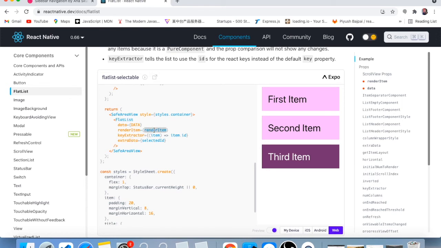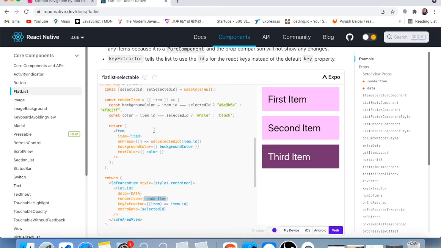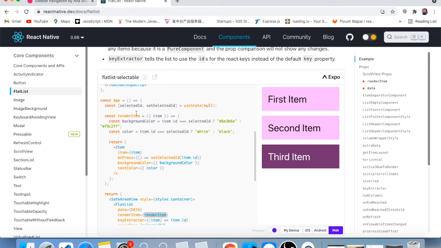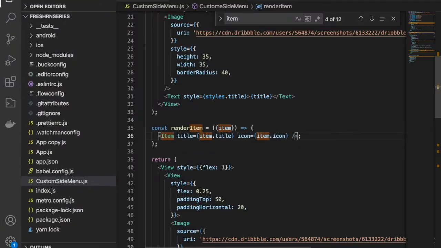So this is the render item, okay. What they are doing here is actually choosing the background color on the basis of the ID, whether it is selected or not. On that basis, if this condition is true, then they are showing this color, otherwise showing this color. Okay, so what we can do, we can just copy both lines.